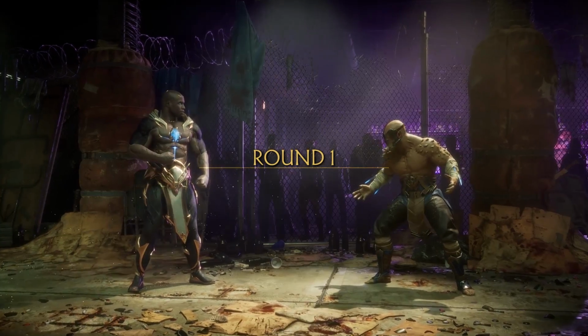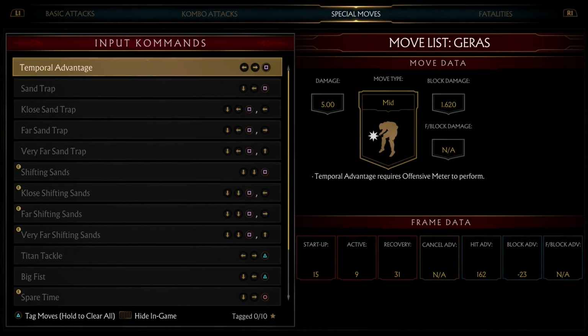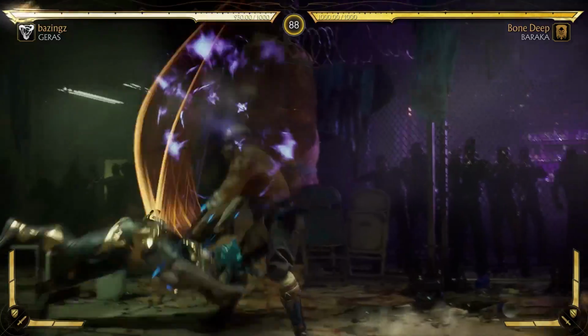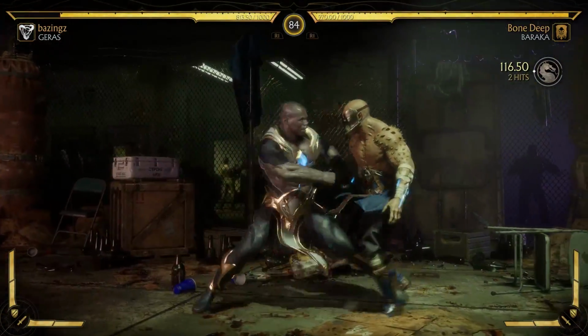Round 1. Well, that doesn't seem very effective. So he has a command grab, but it's a high, so you can duck it. It's just, you have to be so aware of that back 2 overhead at all times that I feel like the default is going to be to try to stand block in general. So I started that round by doing